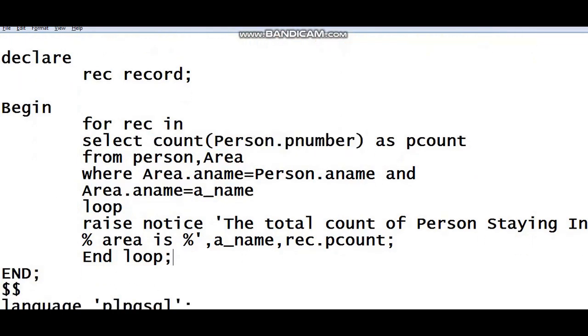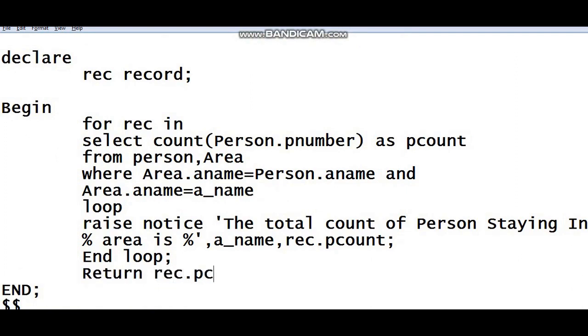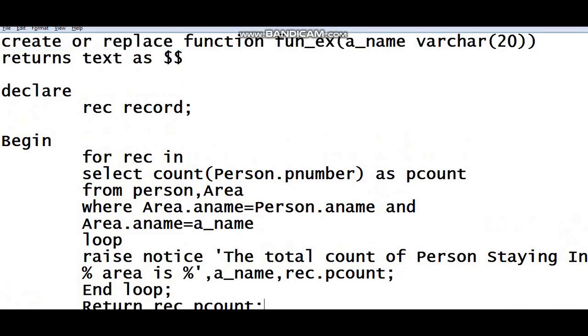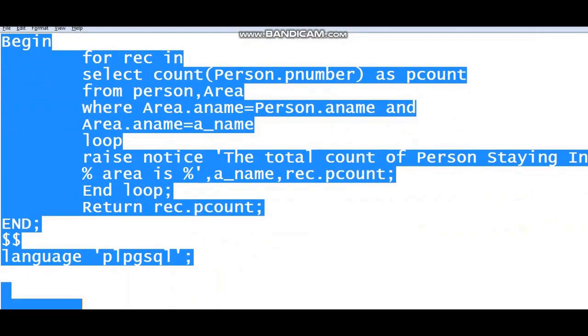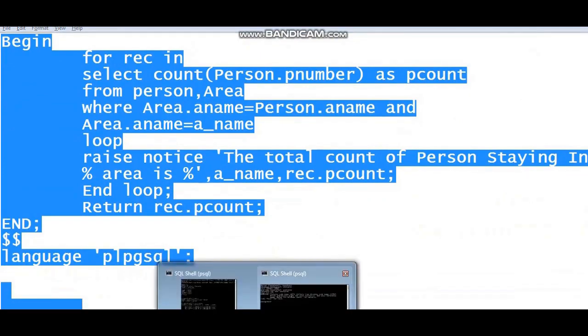Here you can write the return statement for what you wish to return. To return, we can return rec.p_count. This we can return. Now just copy and paste it in psql. I am going to copy this entire function and paste it over here.